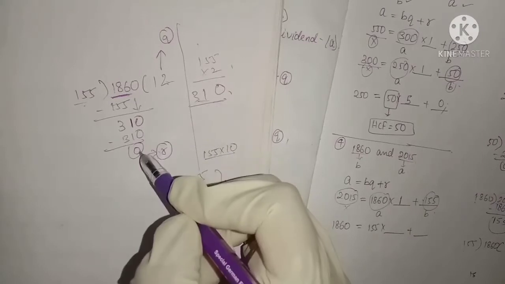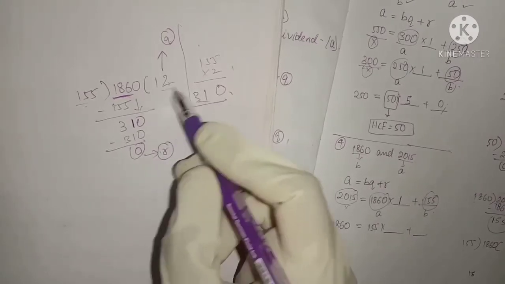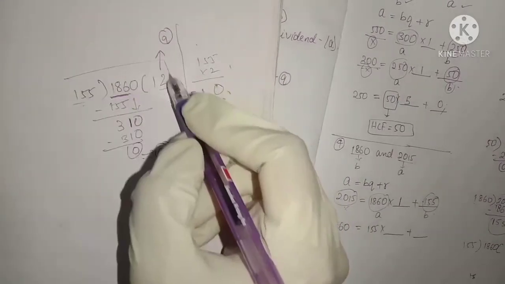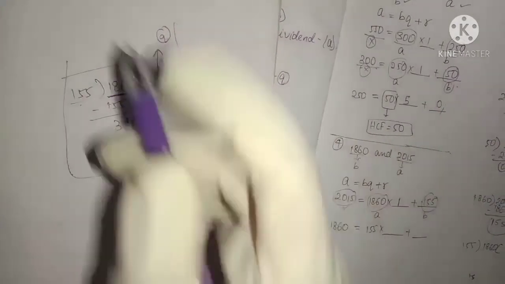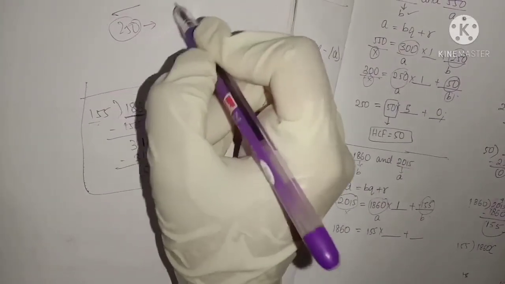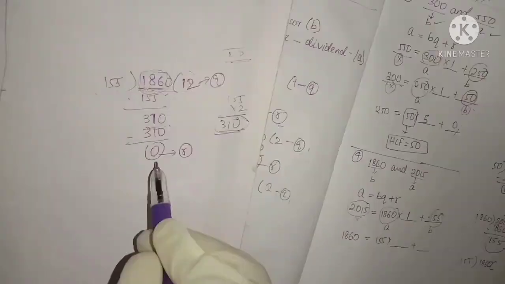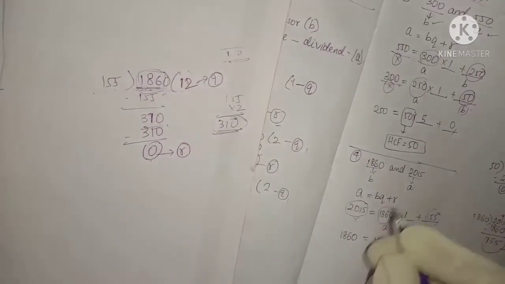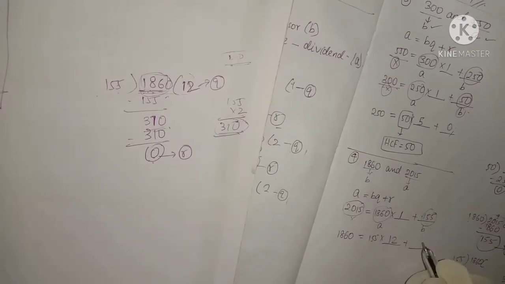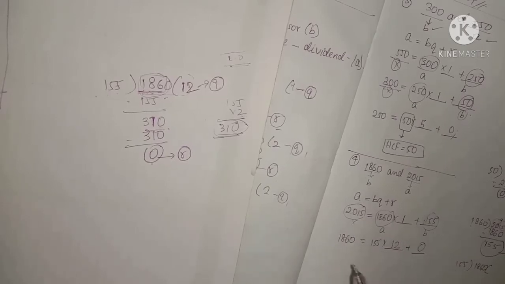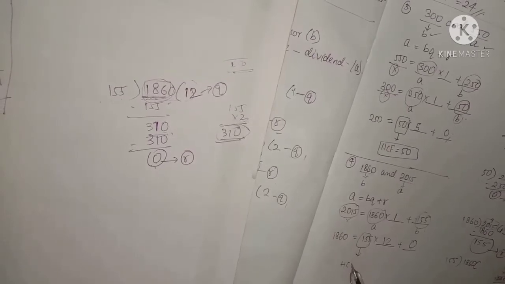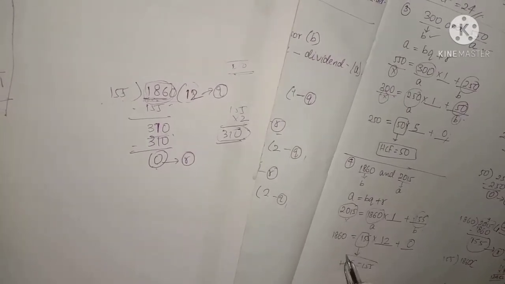So if we are able to get 0, then we can just go. But for some numbers we know that we can't get 0. So we have to wait for the remainder and we have to substitute. If the remainder is like 250 or something, we have to substitute in the R place. Here we can get R as 0. Here we got the remainder as 0, so we can substitute here. So 155 12 times and the remainder is 0. As you know, if the remainder is 0, the divisor here becomes the HCF. So the HCF here is 155.